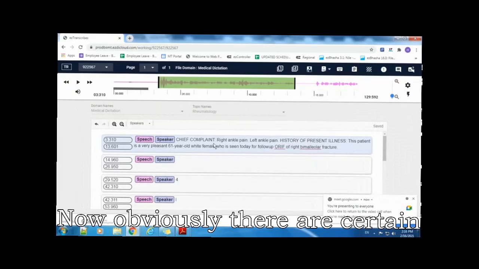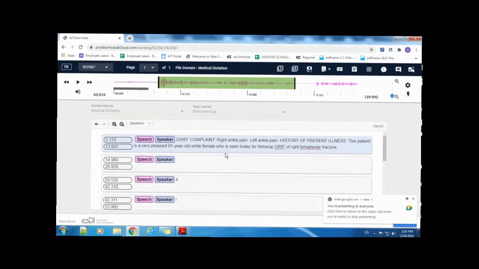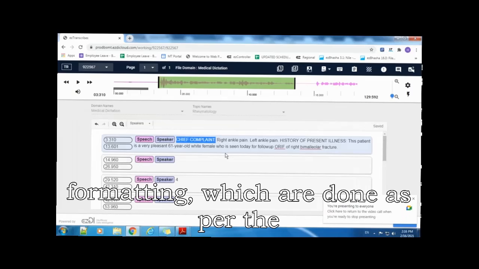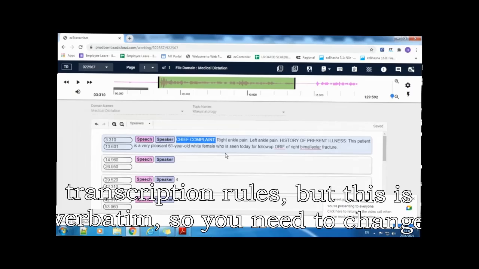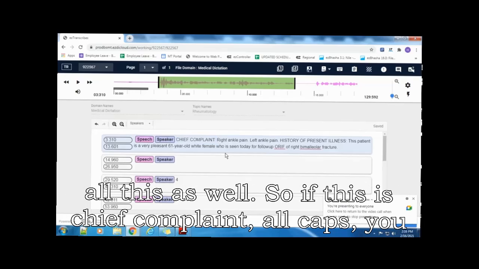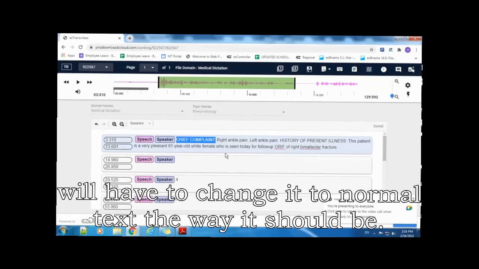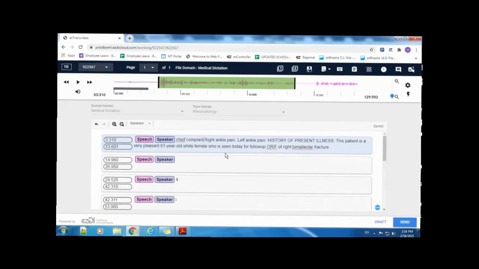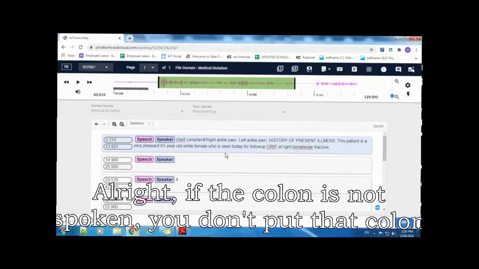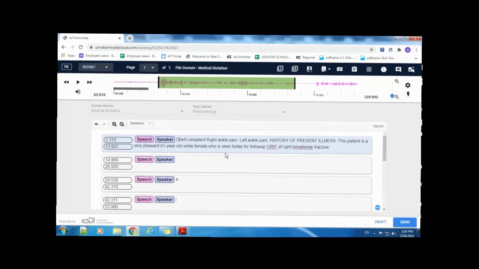Now obviously there is certain formatting which is done as per the transcription rules, but this is verbatim, so you need to change all this as well. So if this is chief complaint in all caps, you will have to change it to normal text, the way it should be. All right. If the colon is not spoken, you don't put that colon, you remove it.